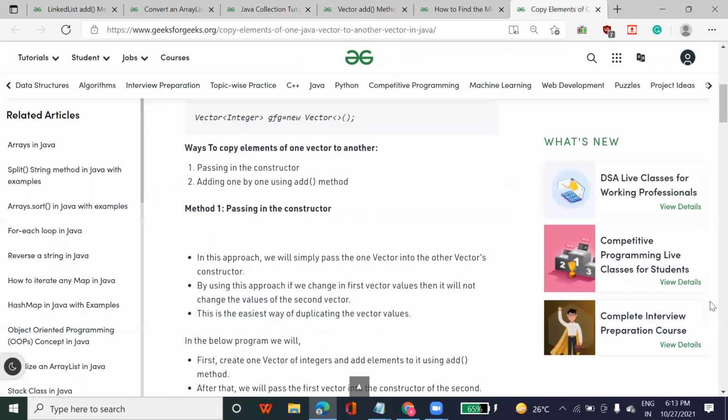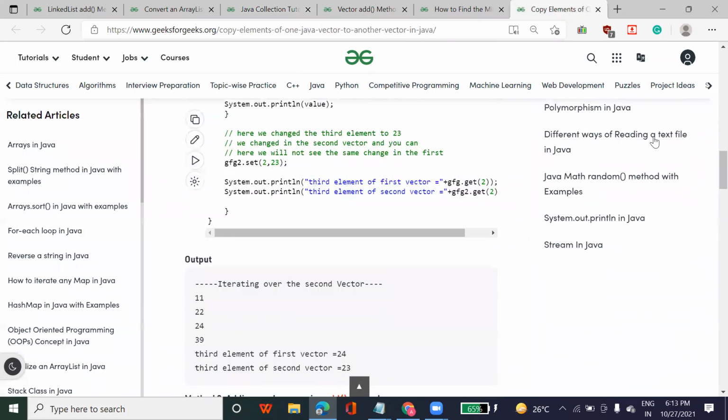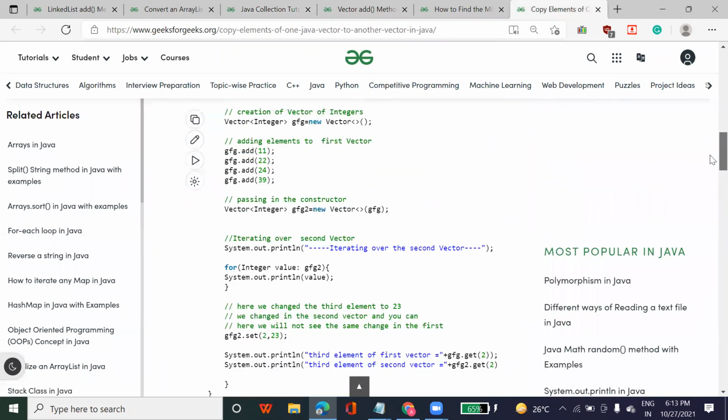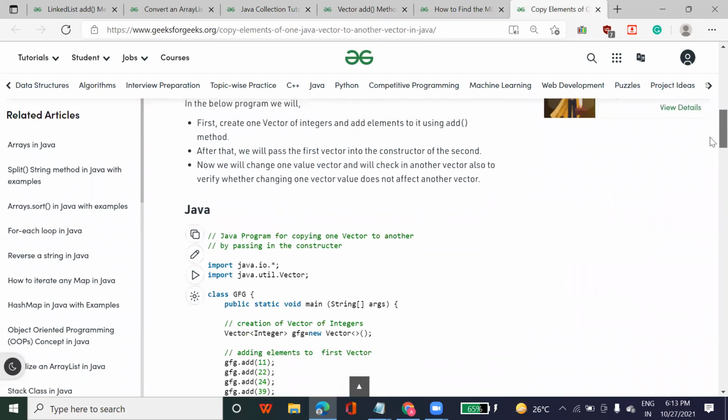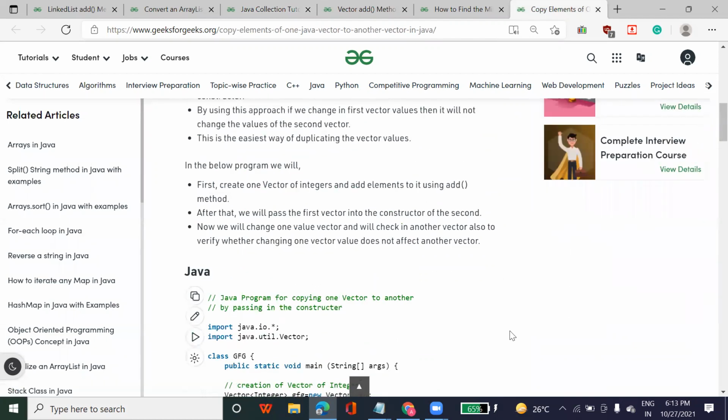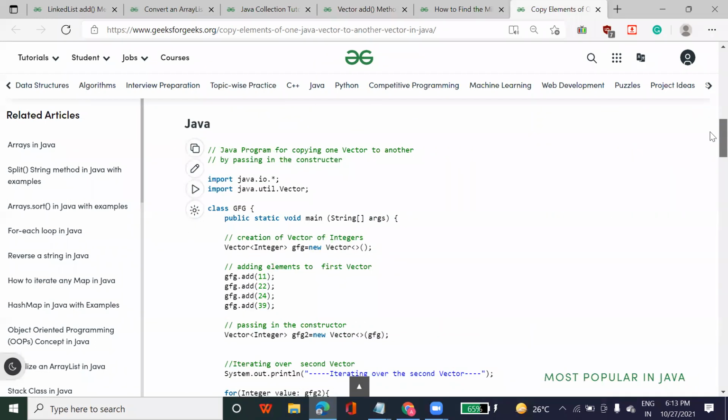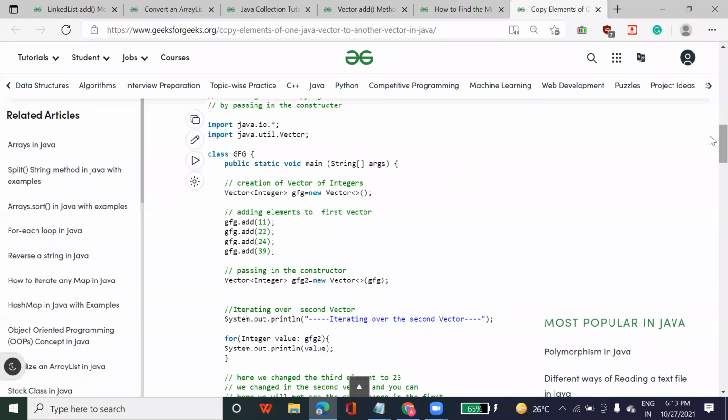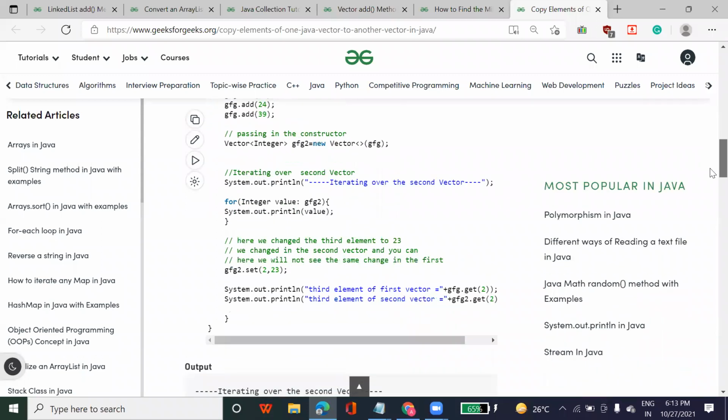So how are you going to copy elements from one vector to another? Now the problem or question is to copy one vector into another. For that, you just have to create two vectors and copy.